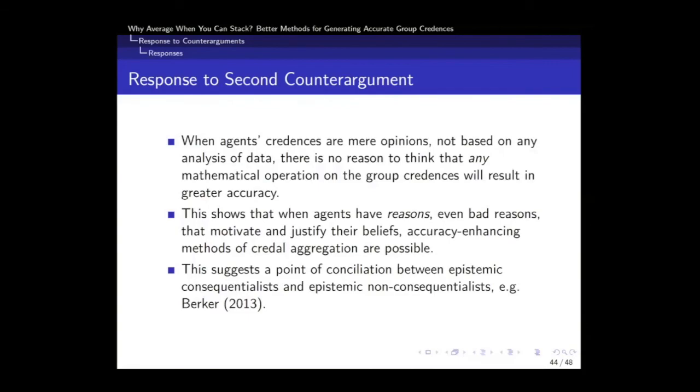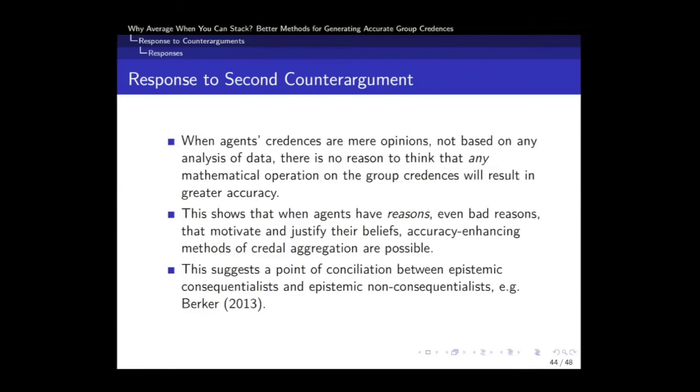So the non-consequentialist is going to say that ultimately the source of value for an epistemic state is something other than its closeness to the truth, but rather maybe something like the reasons that the agent has for holding the beliefs that they do. Whereas the consequentialist naturally is going to care about closeness to the truth. There's a sort of caricature of the epistemic consequentialist that just says, well, if someone were to give you a pill that all of a sudden enables you to have true beliefs, then those beliefs have really high epistemic value, even though you've got no real reasons for holding them that are at least internal to you. Whereas the non-consequentialist is going to say that they are not subject to that